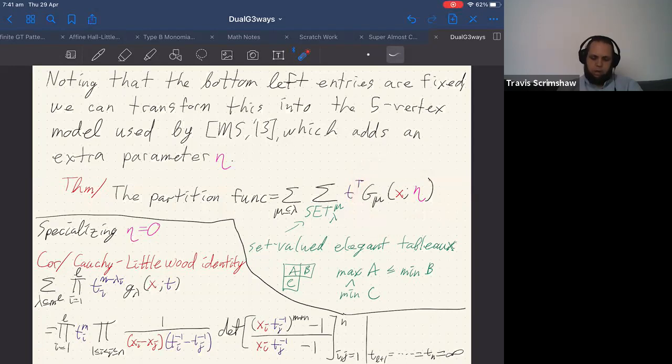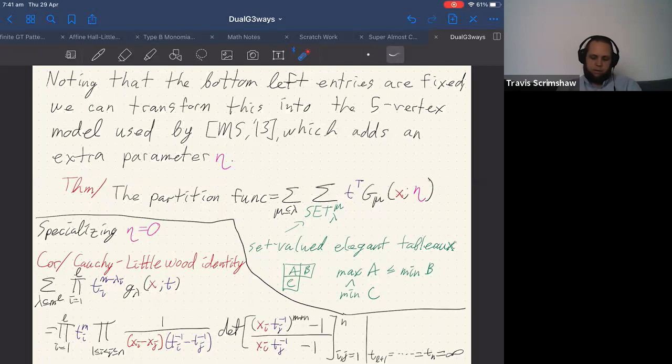I should maybe call them symmetric Grothendieck polynomials to avoid confusion with other Grothendieck polynomials. And then I get some t's, and I sum over set-valued elegant tableaux as well, where they're now filled with sets instead of positive integers, but they're finite, non-empty, finite sets,